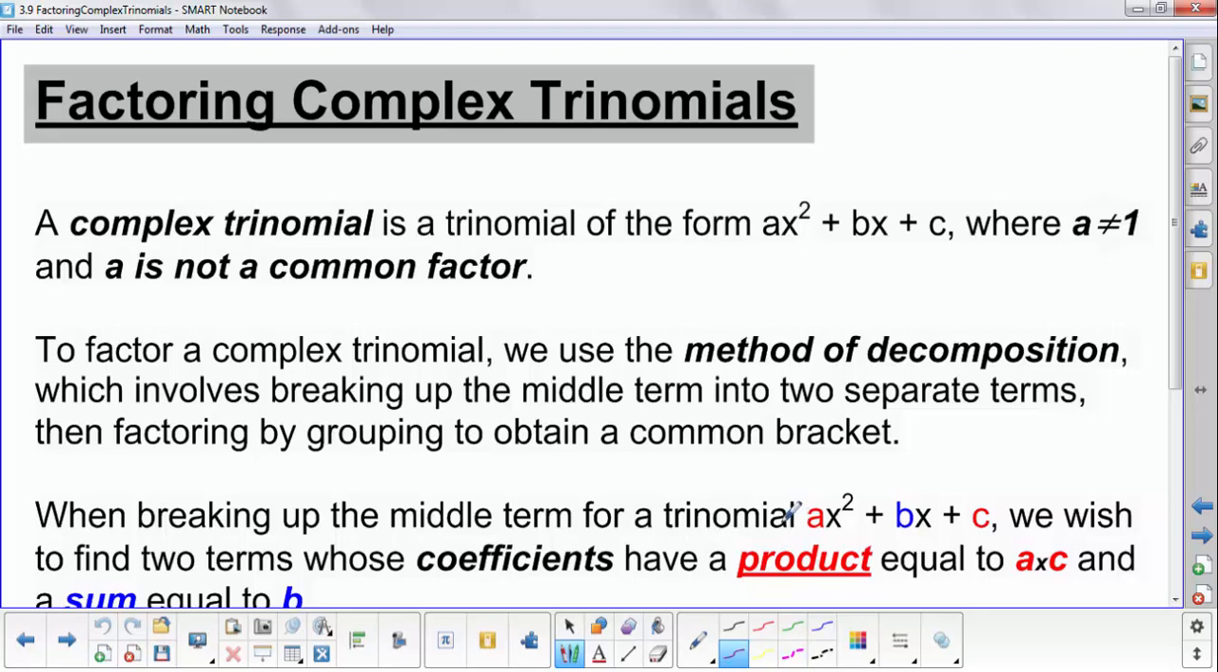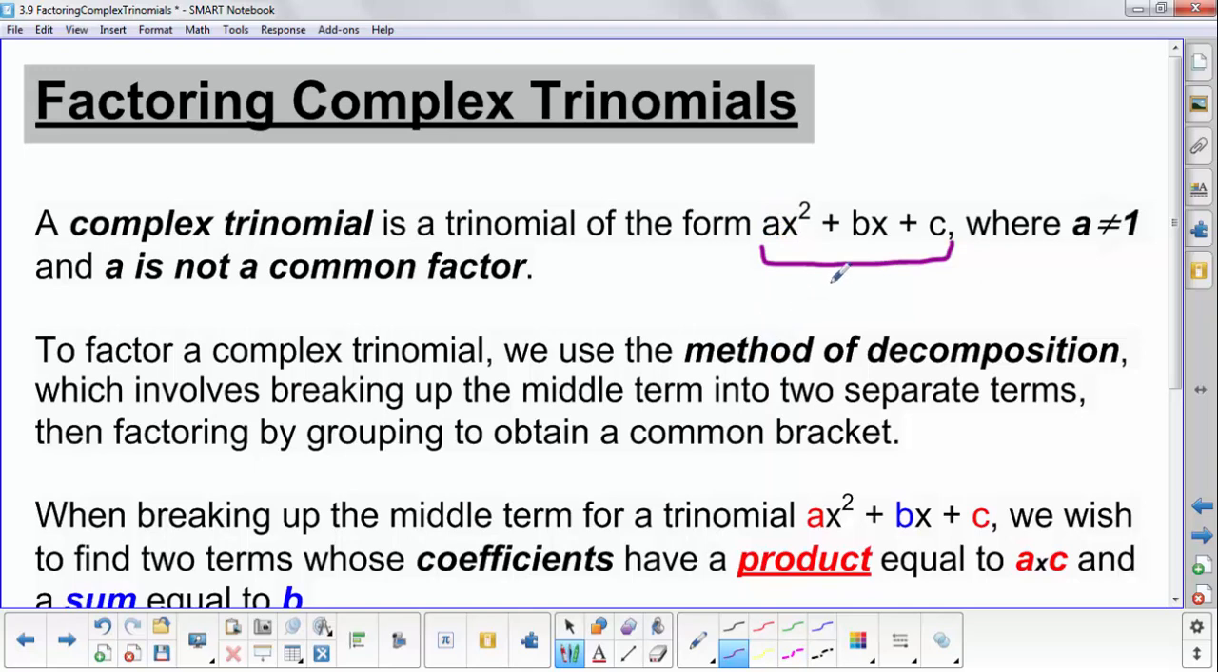So we've seen simple trinomials in the past. A simple trinomial is in the form given here, but the coefficient on the x squared term was 1. In a complex trinomial, the coefficient on the x squared term is not 1. It's something other than 1. And now I know that we've seen some simple trinomials where we could common factor that value out, but in a complex trinomial you can't. Or even if you did common factor, you would still be left with some value in front of the